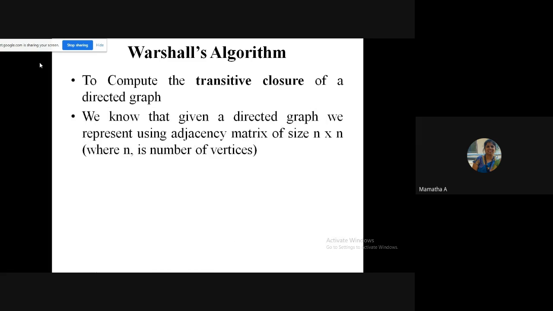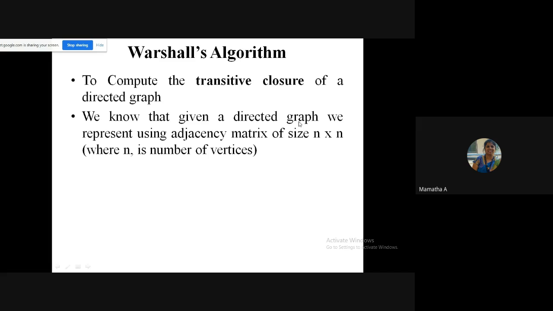All right. So before we go to what is transitive closure, let me tell you what is this directed graph, right? So you all know graph. Graph is made up of vertices, edges, right? And you have weighted edges, non-weighted edges, and you have directed edges. Directed edges means a direction is given for the edges. So when I give direction, I can easily identify for an edge which is the source and which is the destination vertex, isn't it?